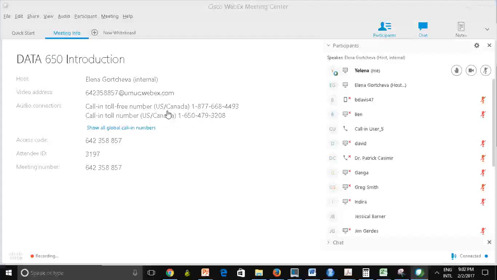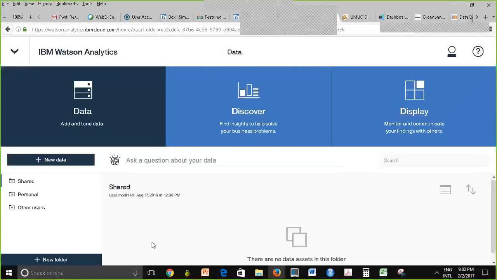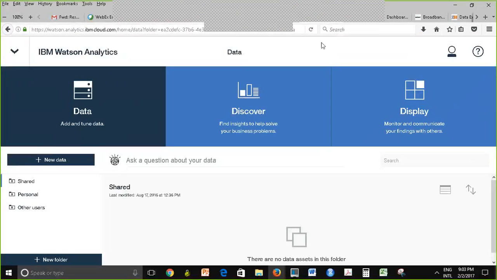So in the Watson Analytics account. I need to click on the share menu to find the data set. Elena, can you do that? Yes, that's what I'm doing right now. Can you see my screen? Are you on mute? We cannot hear you. I'm not on mute. Can you hear me right now?